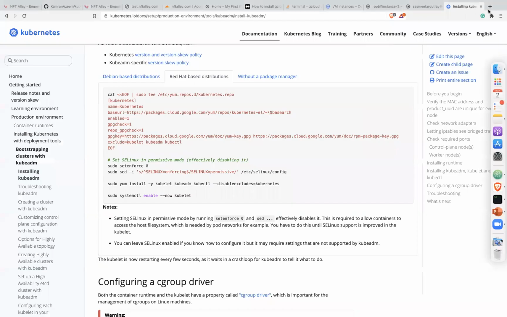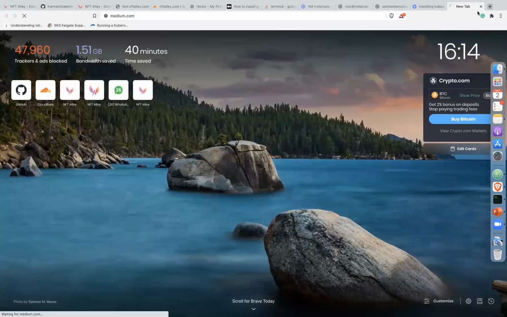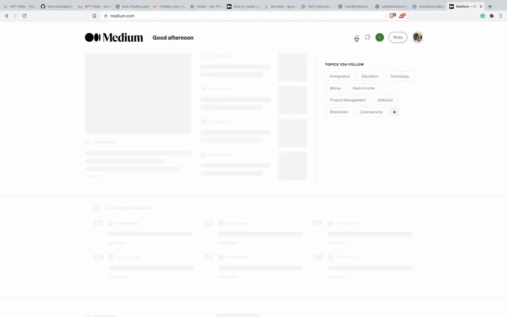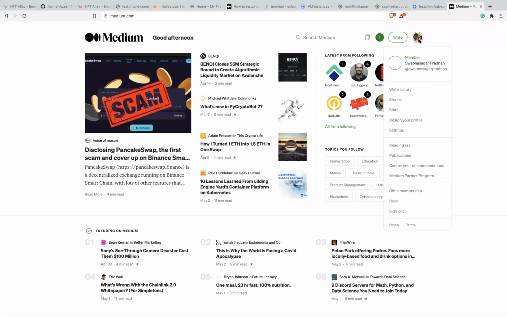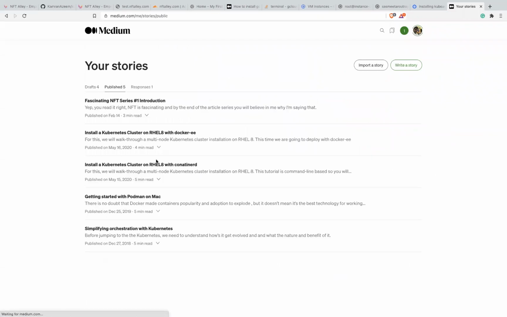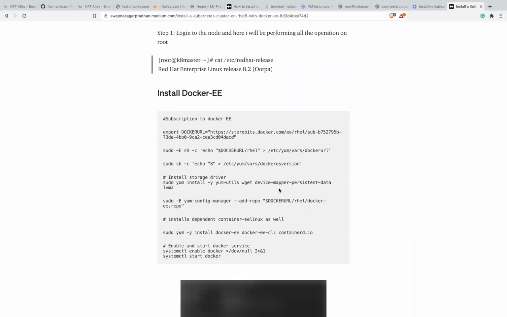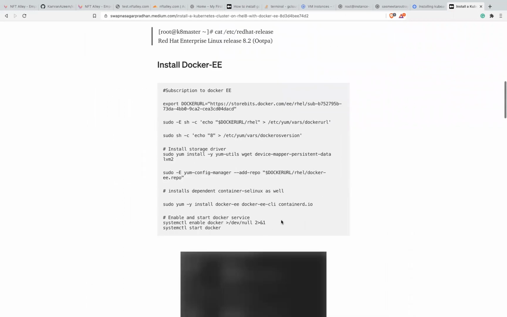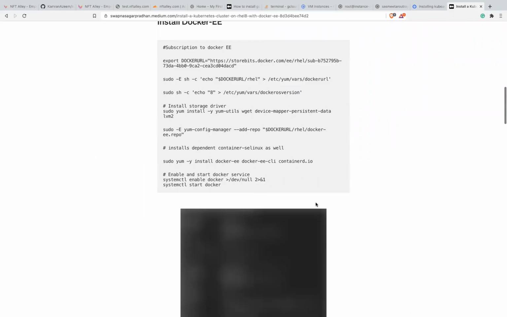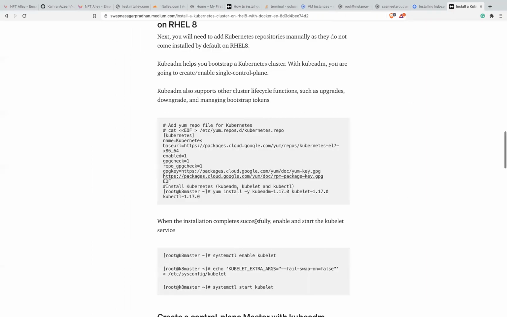Or else, the best thing we can do is check my Medium article, which I have covered this Kubernetes part. So let's check that out. Docker EE, okay. So what I'm doing, this is done, start Docker, install EE, this is completed, kubeadm, systemctl enable, and let's do the start